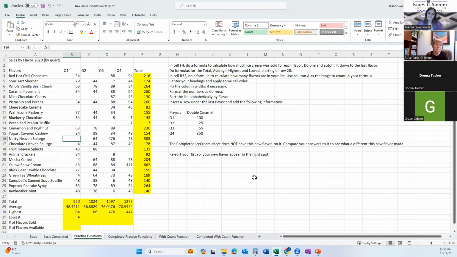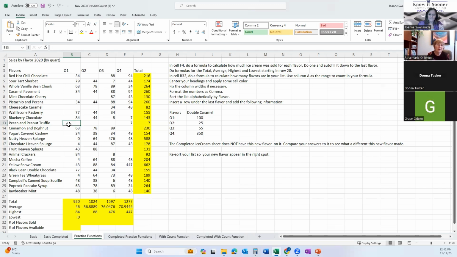Because if I did have the information and it was a 0, I would go up to that cell and type a 0. I want you to watch your numbers down below change. Your 920 is not going to change because that's your total. Your 448, your average, will that go up or down if I put a 0 in there? It'll probably go down. What happens if you get a 0 on a test? Your average goes down. Highest, I don't think that'll change. Lowest, that'll probably change. So Nutty Heavenly Splurge, if it's a 0, that is different than a blank.